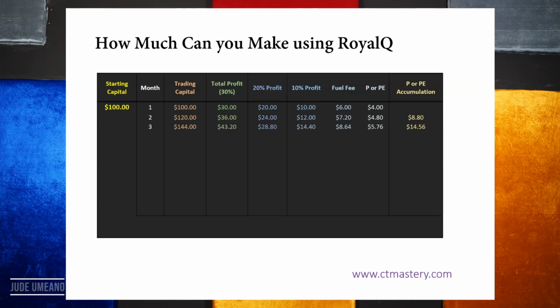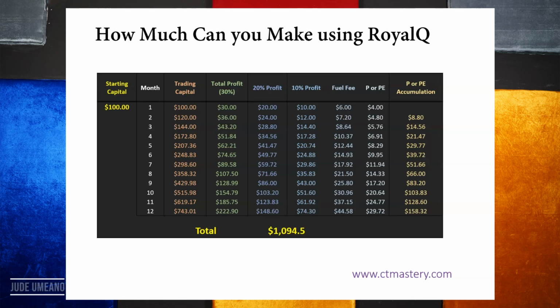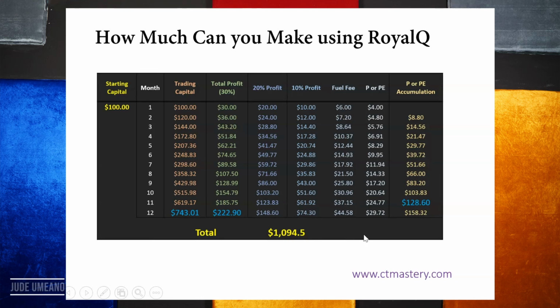So the third month, you see how it's growing, and if we can do this up to the 12th month, you can see by the 12th month, our $100 starting capital has grown to $743, right? And the profit for that month is $222, and this accumulation has accumulated to $158. So you can see that if we add our total profit, it's now